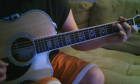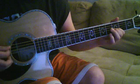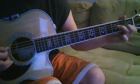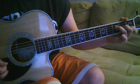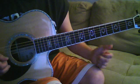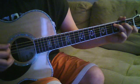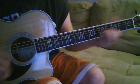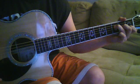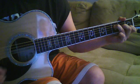And again, from the C, I don't think I'm describing that C slide very well, but hopefully you'll kind of get the idea. I'll try to play it accurately here for you. It's kind of hard to play the stuff slow sometimes. When you speed it up, it actually gets a little bit easier. But